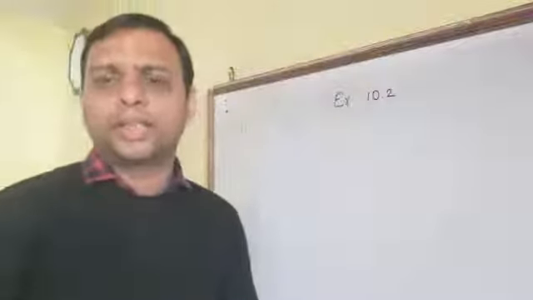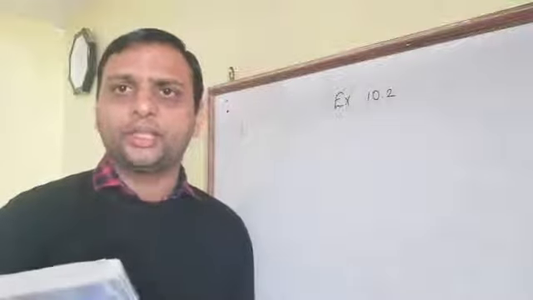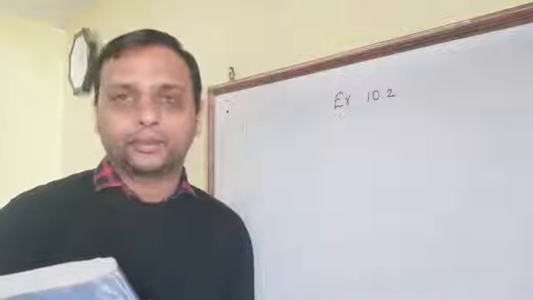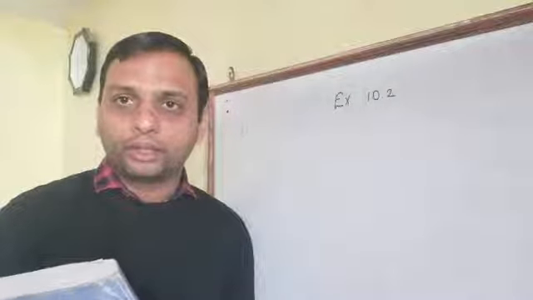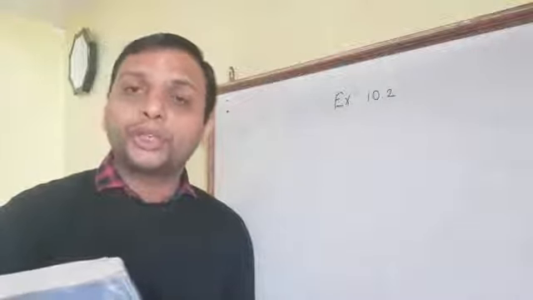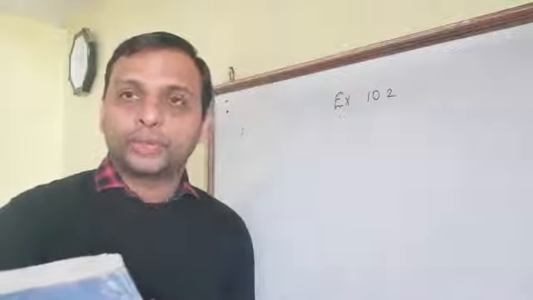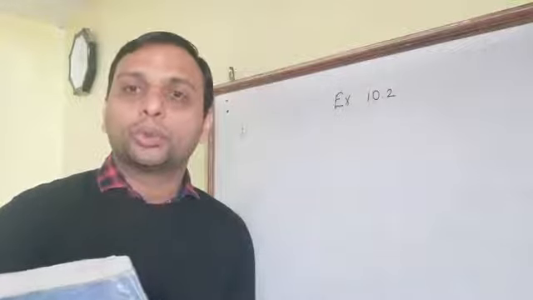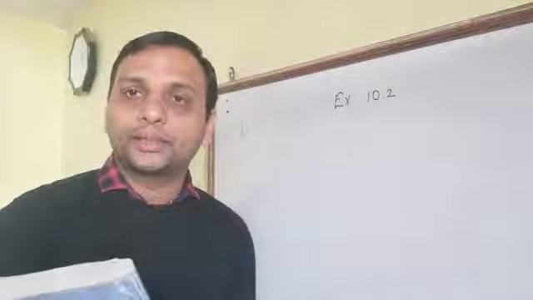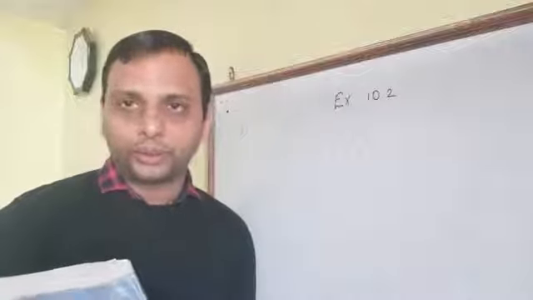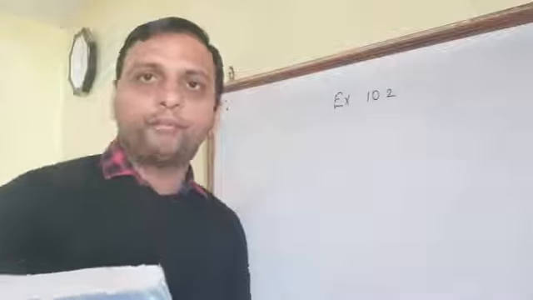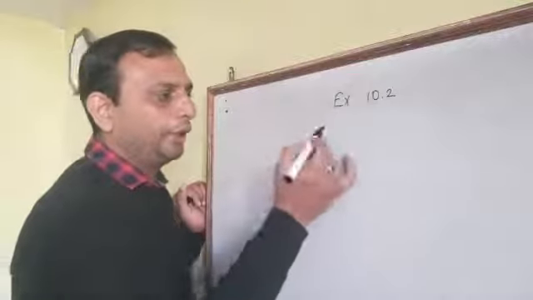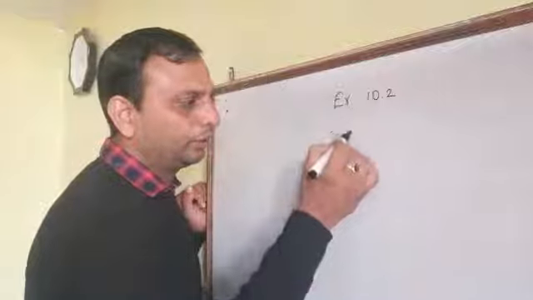Till now, in class chapter number 7, we had studied about congruent triangles. We call triangles congruent when their angles and sides are equal. But we had never thought of congruent circles. Which are the congruent circles? Before solving this question, let us understand what congruent circles are. Congruent circles are those which have the same radii.